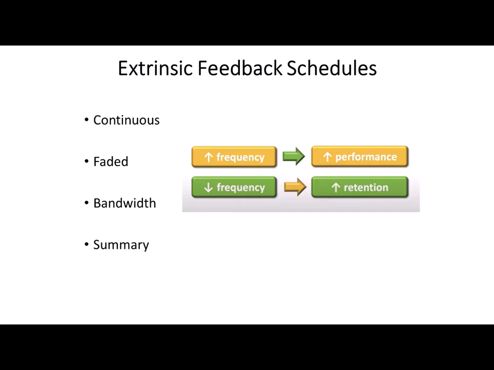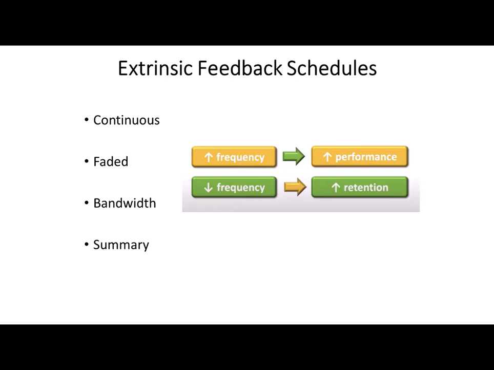Okay, moving on. Let's consider feedback schedules. There are different kinds of feedback schedules that you can use for extrinsic feedback. The four that I want you to know are listed here. The first is continuous feedback, and this is feedback after every trial. Every time the patient is going to do something, you're going to give them lots of information either about how they achieved the end result or how well they did the task. In general, continuous feedback is good for the cognitive stages of learning, but not very good for later stages